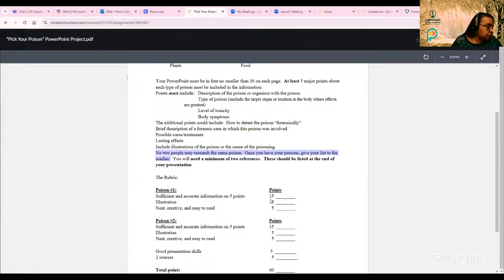So it's 3 points per fact, 15 points for your 5 facts. You get 5 points for having a picture and 5 points for it being neatly presented and easy to read. Same thing for the second poison that you pick. Make sure you put a title on it. So say whether it's household, plant, animal, or